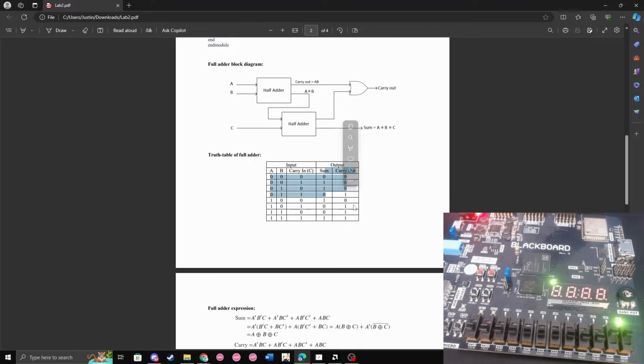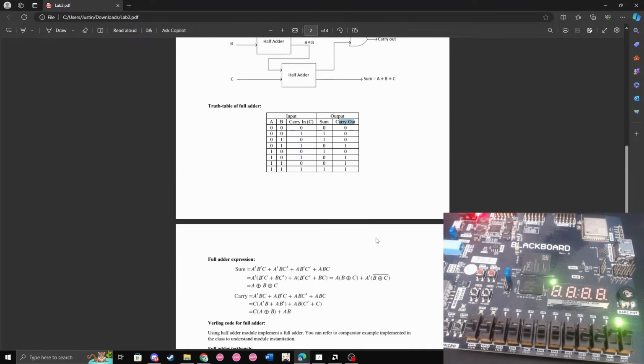And on this side we have our two outputs, our sum and carry out, as it matches our block diagram here. And down here we have our full adder expressions, where our sum is A XOR B